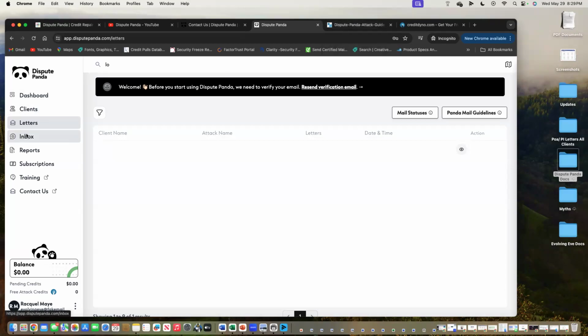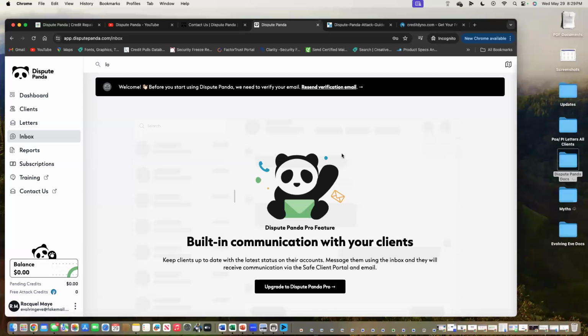All right. If you have the Pro, you have the inbox, which is a safe, quiet portal access. Clients can also email you. So if they have a letter, or get a notice, no matter what it is, you have the accessibility to go ahead and get this handled for your client in real time. And this is one of the benefits of the Pro.